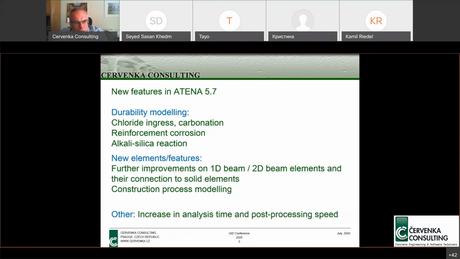And another important new feature is the increase in speed. It should not be increase in analysis time, but increase in speed. It is analysis time and post-processing speed. This is mainly the processing of reinforcement, how the reinforcement is being attached to the solid materials. This has been improved. So the analysis time can be sometimes even 3 times or 4 times faster than in the past